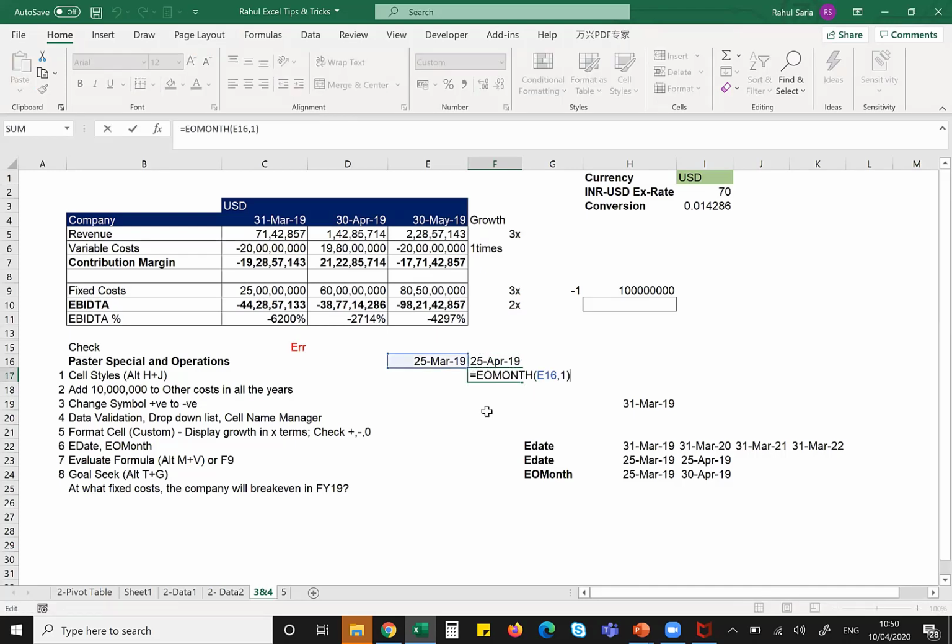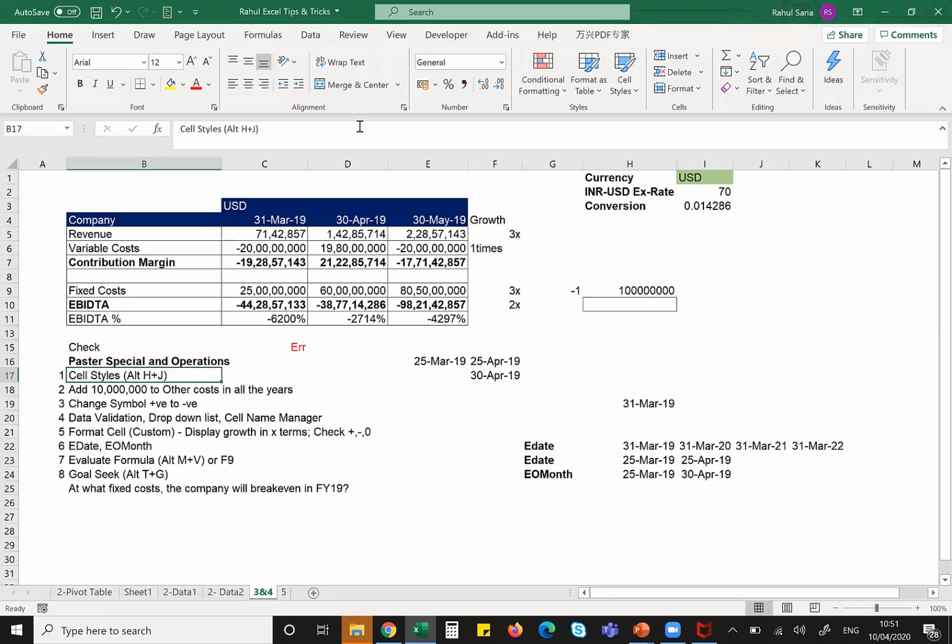You see the interesting part? Sometimes your start date is the middle of a month, but you want the end of the month date. It's very useful when you want to calculate interest, or maybe you start a new company. The first year is for a part period, but the following months or years are in full months. Then you can use a combination of EDATE and end of month. Interesting, guys. So this is a very useful and practical usage of these formulas.